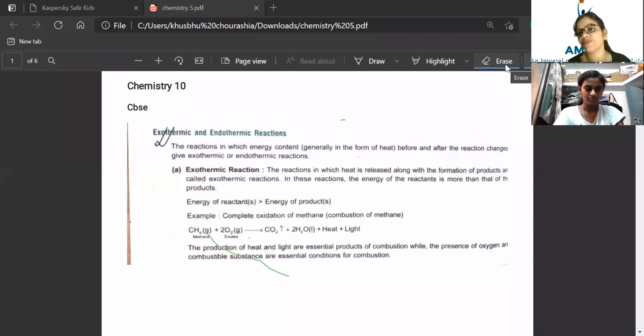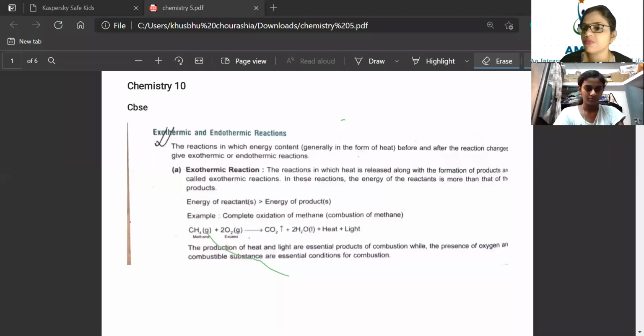Everyone switch off your mic, otherwise a sound problem will come. Switch off your mic, check. Otherwise the voice echo will come in the video, and then you will see the video for revision. It will create a problem for you itself.